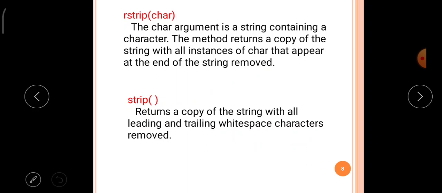Next, the rstrip char function. The char argument is a string containing a character.